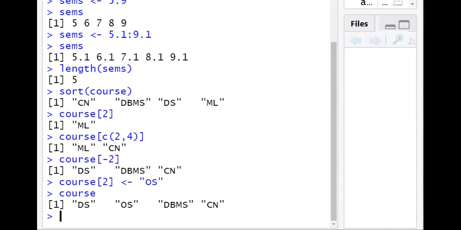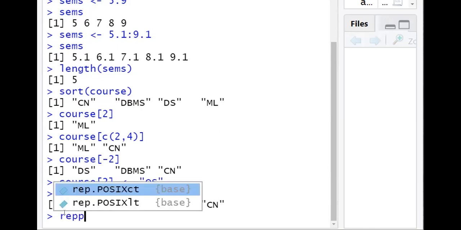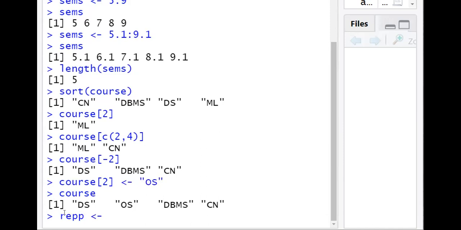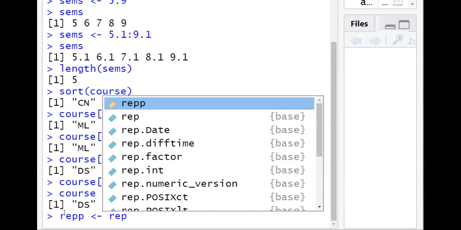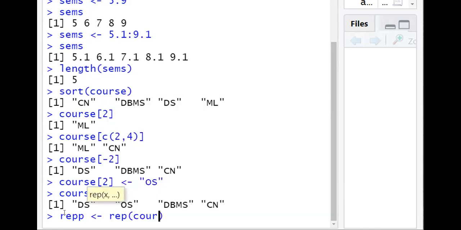We can repeat vectors also. So repeat can be done using the rep method. Let us declare a variable. So here we will use rep. Course is a vector, and we will repeat it, let us say, 3 times.